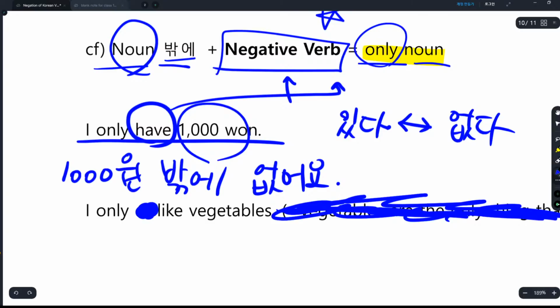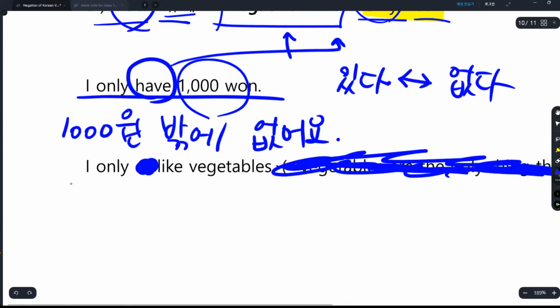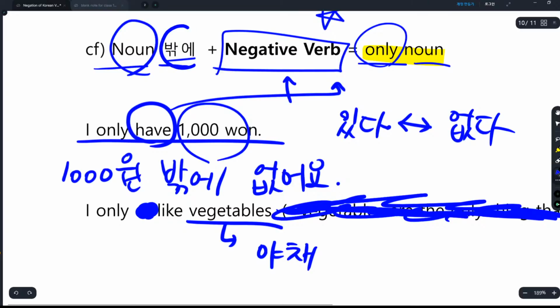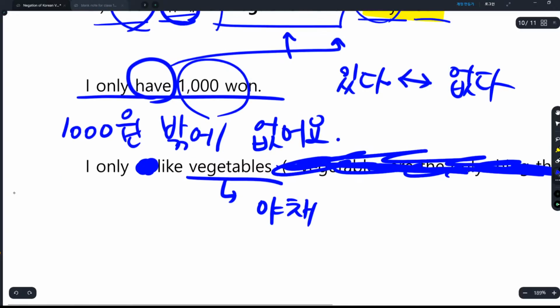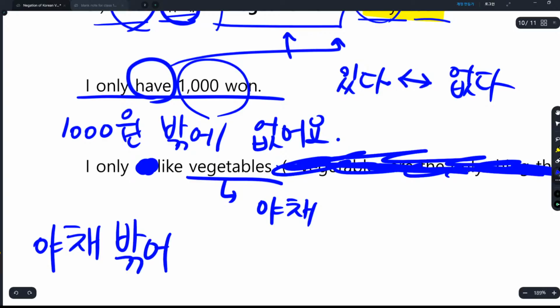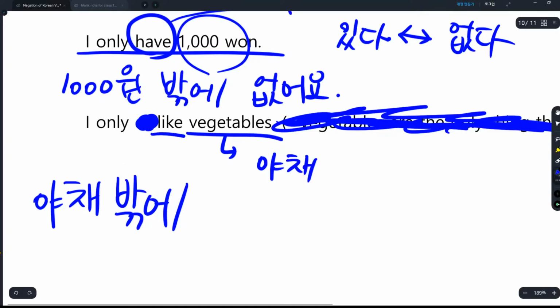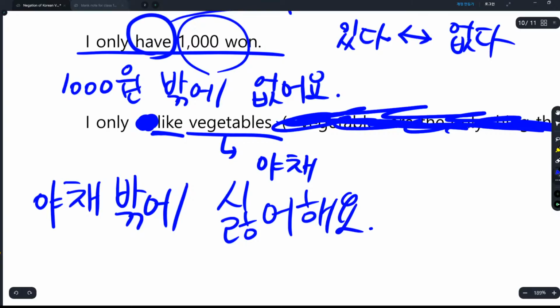And if you want to say, I only like vegetables. So vegetable is 야채, right? And if you want to use it with 밖에, you can say 야채 밖에, and you would have to negate like. In some cases, I saw some of the learners using 싫어하다 here. 야채 밖에 싫어해요, but this is a wrong sentence, guys, because just like I said, 싫어해요 is not